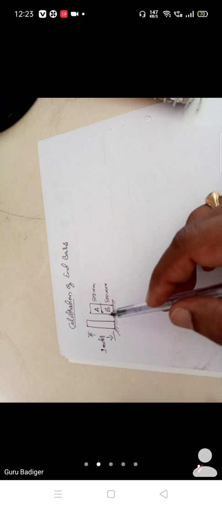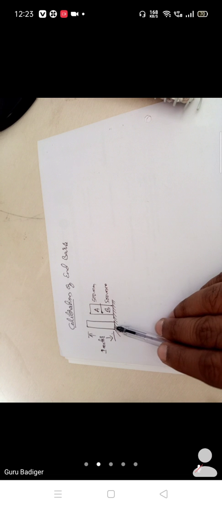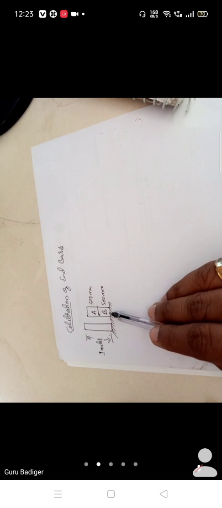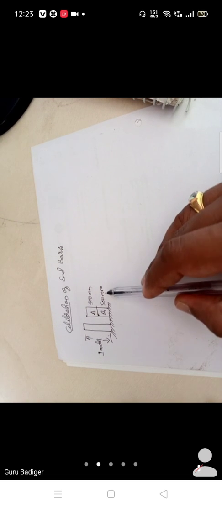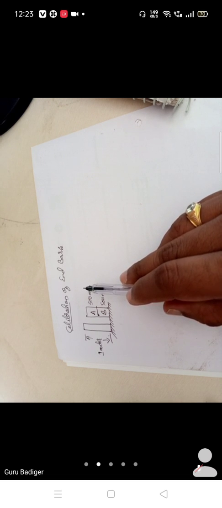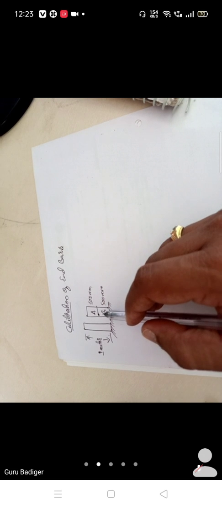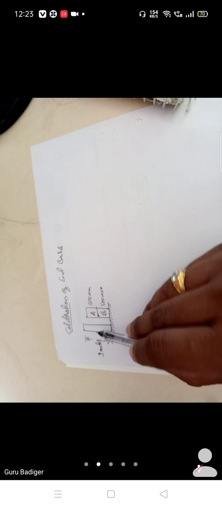So we'll solve the problems on calibration of end bars. First, you should consider a meter bar, and with that meter bar, two end bars of 500 mm and 500 mm, right? So here, when you are comparing these two 500 mm bars with a meter bar, there is a gap. That gap we will call x1. So this will be the error, right?